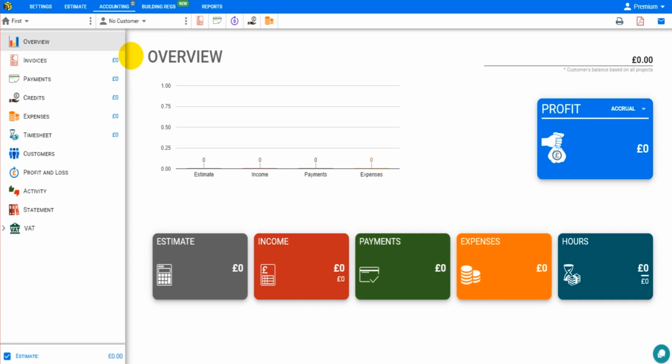So things like recording customer payments, raising customer sales invoices, recording expenses, posting supplier invoices, calculating VAT, filing VAT returns,